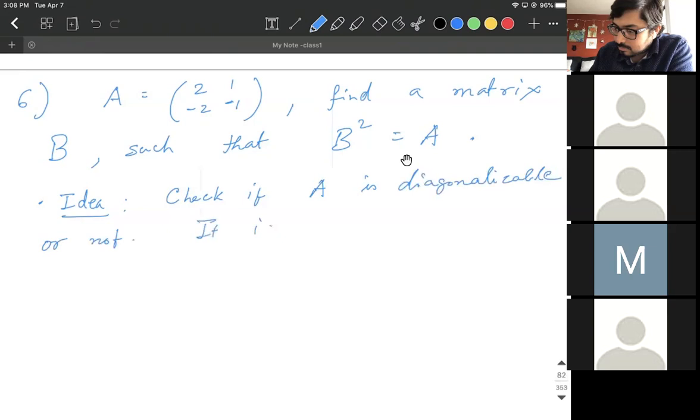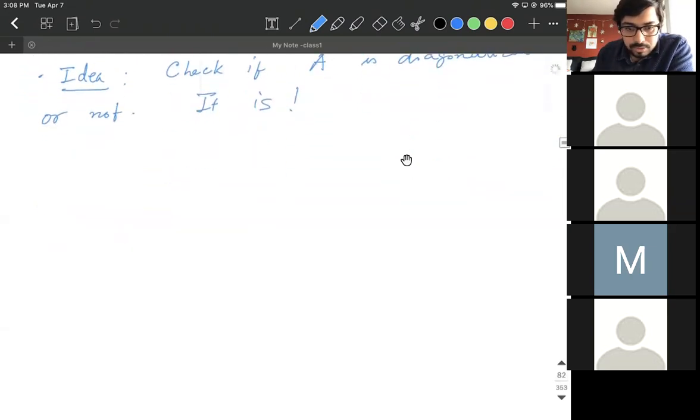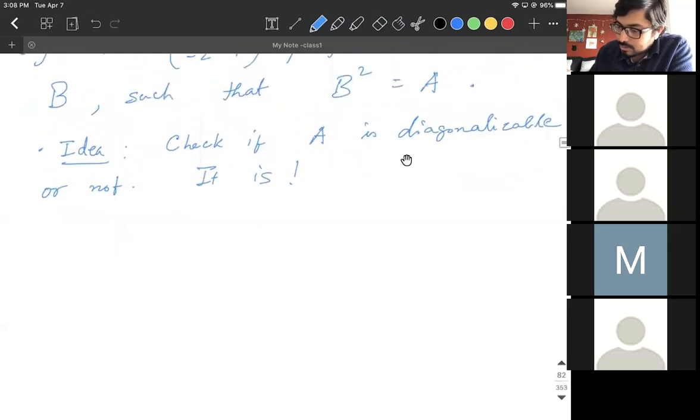It is, of course, that's what the problem is based on. So check that D is given by the following matrix. These are the two eigenvalues, 0 and 1. So then you have D, and then your P is given by